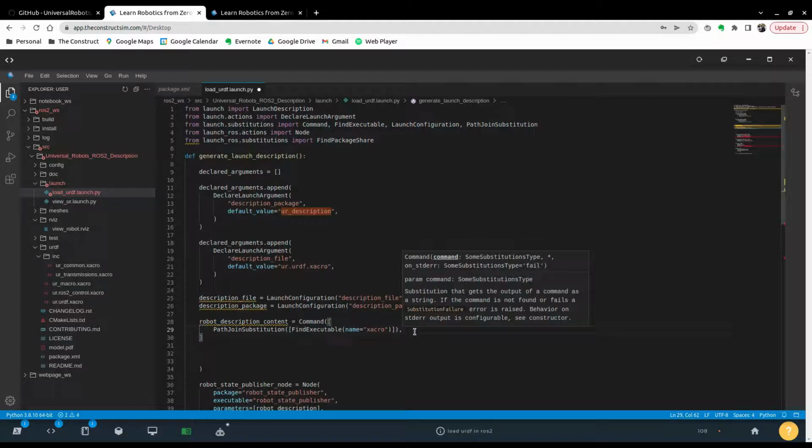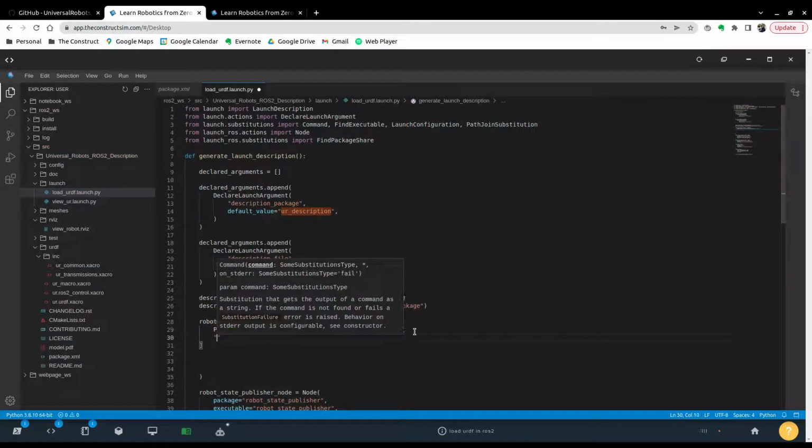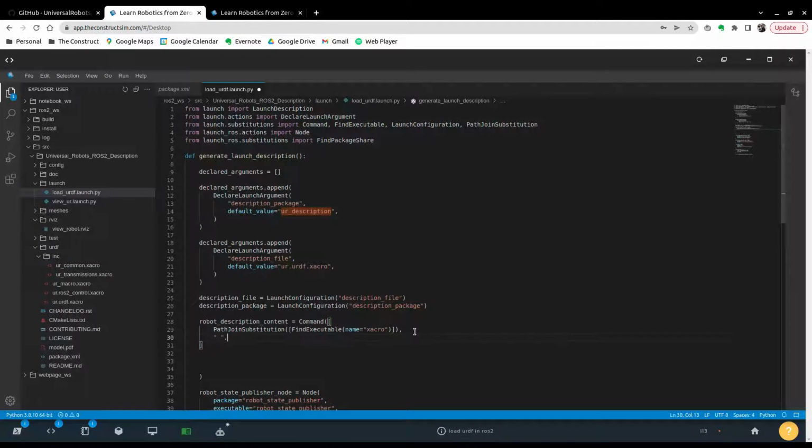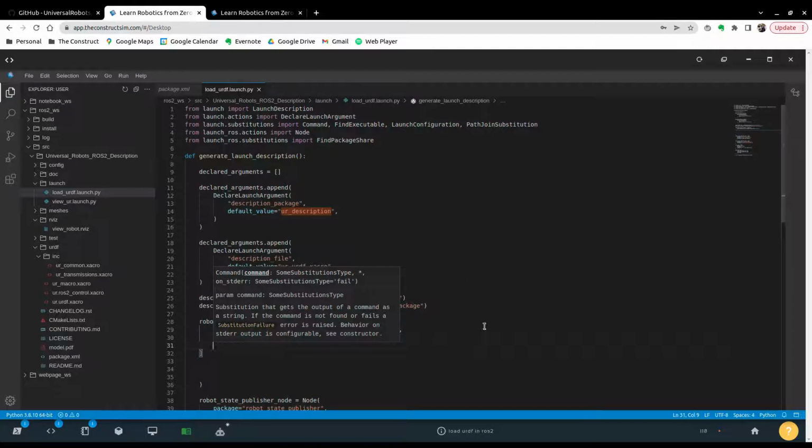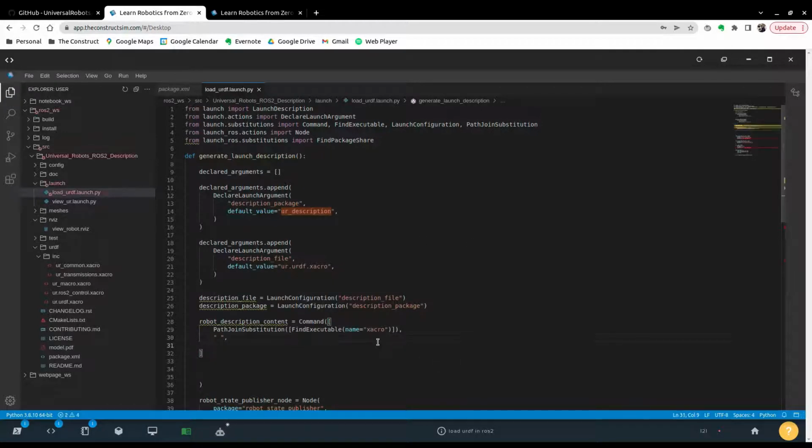So one thing you need to know is that spaces, you need to put the spaces here, otherwise the joiner just doesn't do it with the spaces, and it's as if you just typed everything together. So you have to do a space, and now we have to put the file. So remember, it's ros2 xacro and the name of the file. So for that, we're going to do path join substitution as well. So path join substitution, and we're going to do